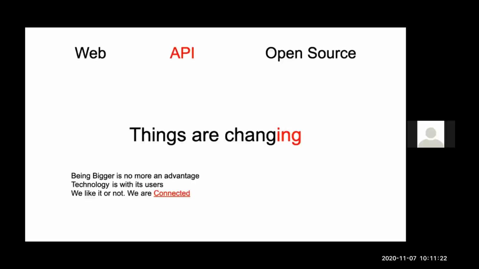There are three aspects that we see today. It's not just related to security, but as a technologist, these are the three things that influence your technical life